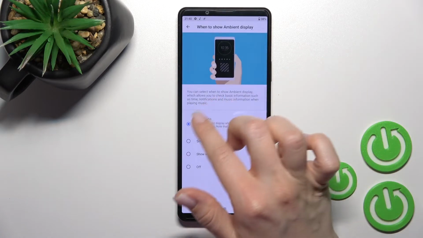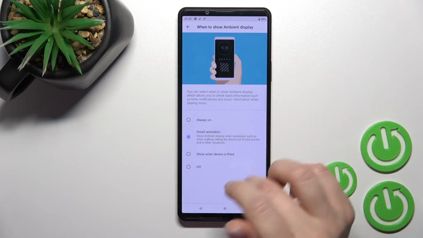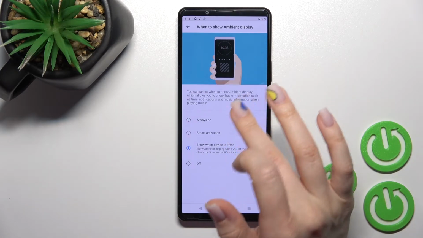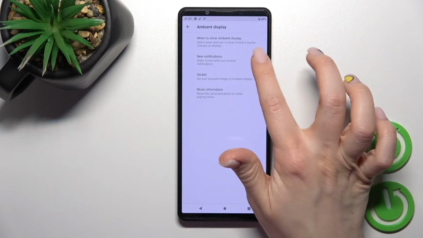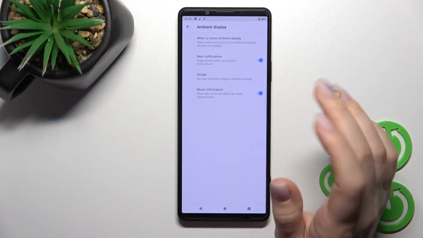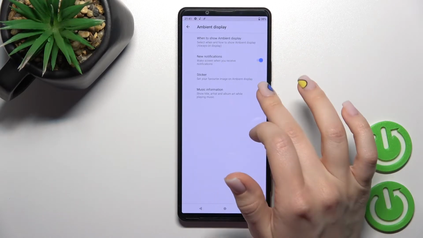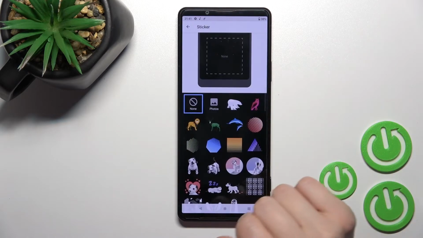Here we can change the time when we can show the AOD: always, smart activation, or just when the device is lifted. We'll stay with always on. Here we can enable or disable the feature to show new notifications from the lock screen in the always on display. Also, in the same way, we can enable or disable the music information, and here we got the sticker